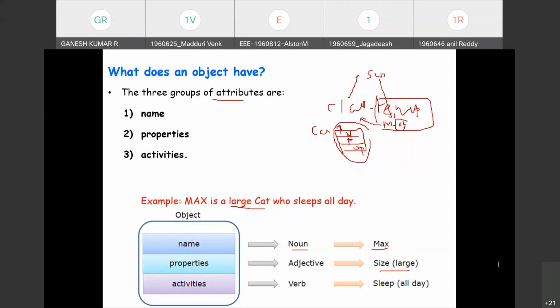It has food and sleeps all day. So this is how we can analyze and understand the concept of object programming: name, properties, and activities. According to the activities, the appropriate operations can be applied. So an object has basically three attributes: name, properties, and activities.